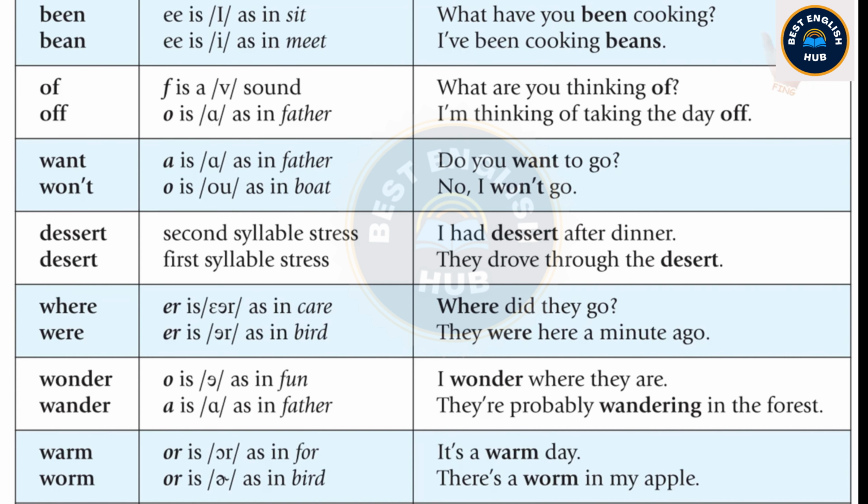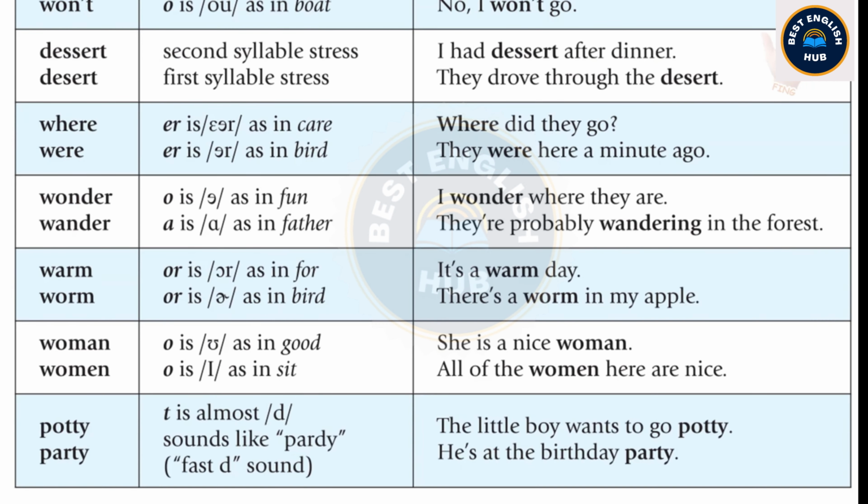They're probably wandering in the forest. Warm, worm. It's a warm day. There's a worm in the apple. Woman, women. She's a nice woman. All of the women here are nice. Potty, party. The little boy